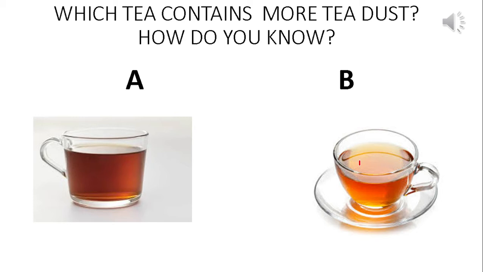Often you prepare tea in your home. How do you understand whether you added more tea dust or less tea dust into a tea? Simply by looking at the color. If there is more color, we see that we added more tea dust. As the concentration of the tea dust decreases, the color intensity also decreases. So often we can make a qualitative comparison. This is the principle behind absorption photometry.